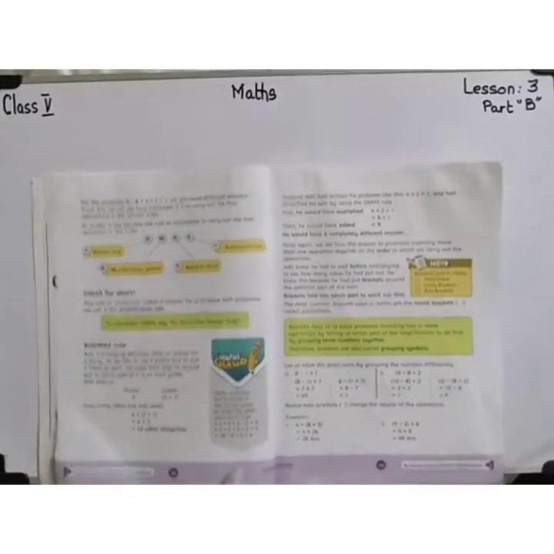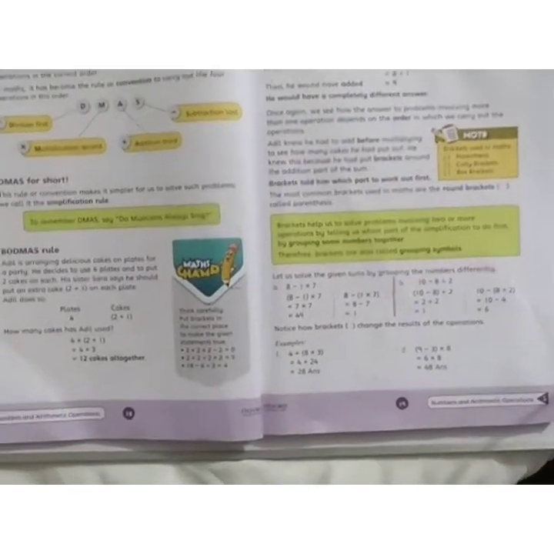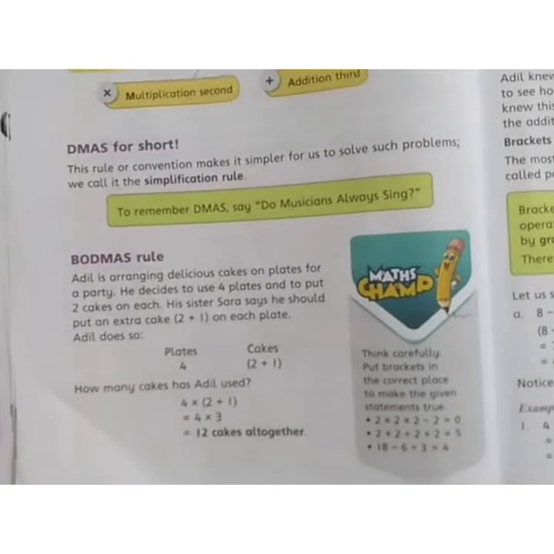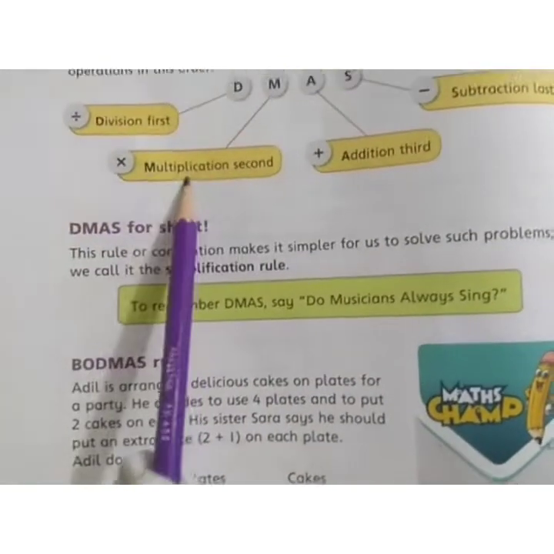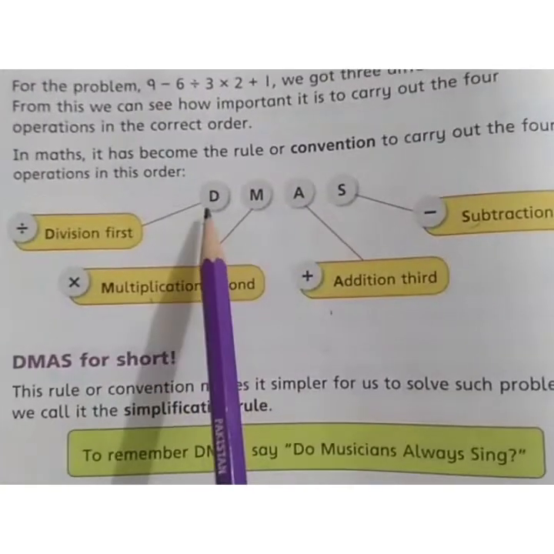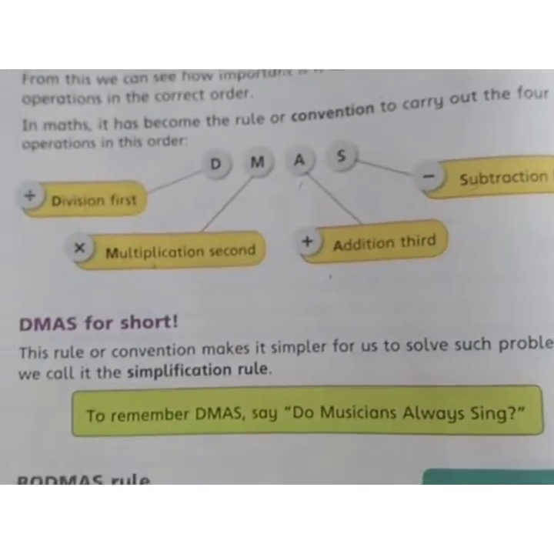First of all, do you know what is DMAS rule? According to DMAS rule, we have multiple functions in a single equation. First we do the division, then multiplication, then addition, and at last subtraction. This is the DMAS rule. And after this,